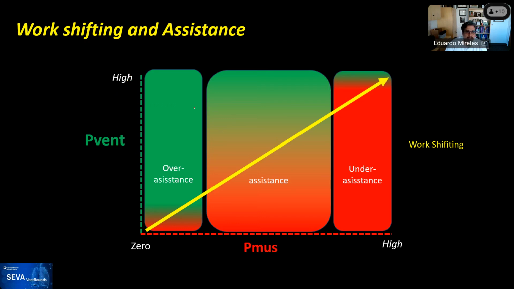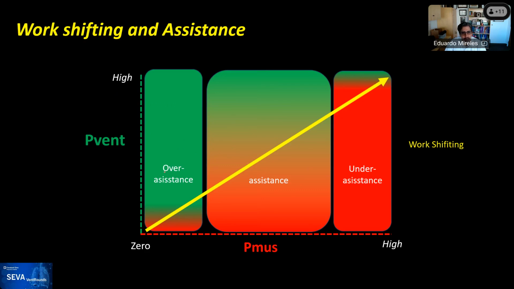What this graph is trying to highlight is that as PMOS starts moving to the right, the pressure from the ventilator may have different relationships. It may stay constant, go down, or go up. But there's going to be some degree of work shifting that will start occurring,